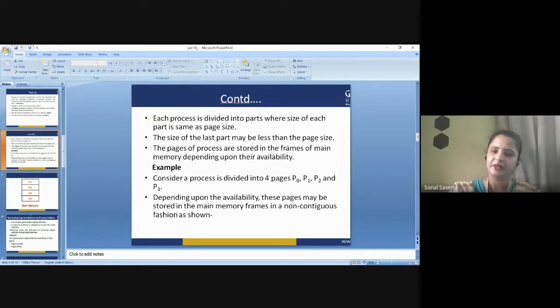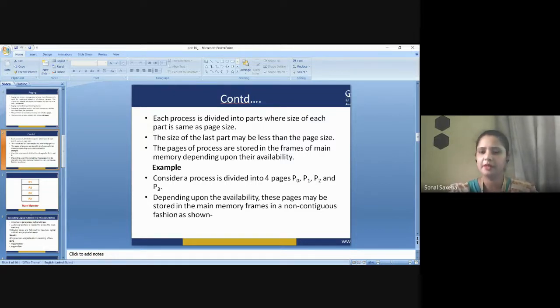As and when I require, and according to the availability, because there is again a simple problem: your main memory is very small in comparison to secondary memory. Your main memory is not that large. So whenever you want to run a process, you first need to check whether frames are available or not. If the frames are available, only then can you load the pages inside the frames. There is no problem in loading the pages, because frames are of equal size.